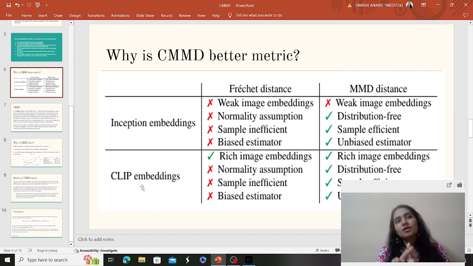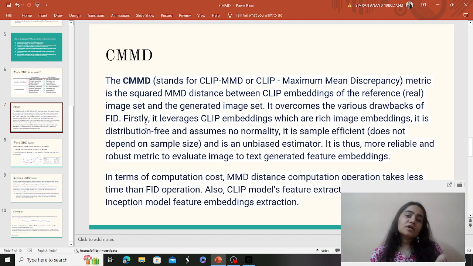So it's basically used for finding and comparing the similarity between image-text pairs, right? Especially for use cases like image captioning, CLIP is something you can use in your projects where you come across image captions. You're trying to find how the caption fits the image. Say an image has been captioned and some caption has been assigned to it. Is that correct or not? To evaluate that as well, the CLIP model can be leveraged. So CLIP is a model, and that is what CMMD is going to use.